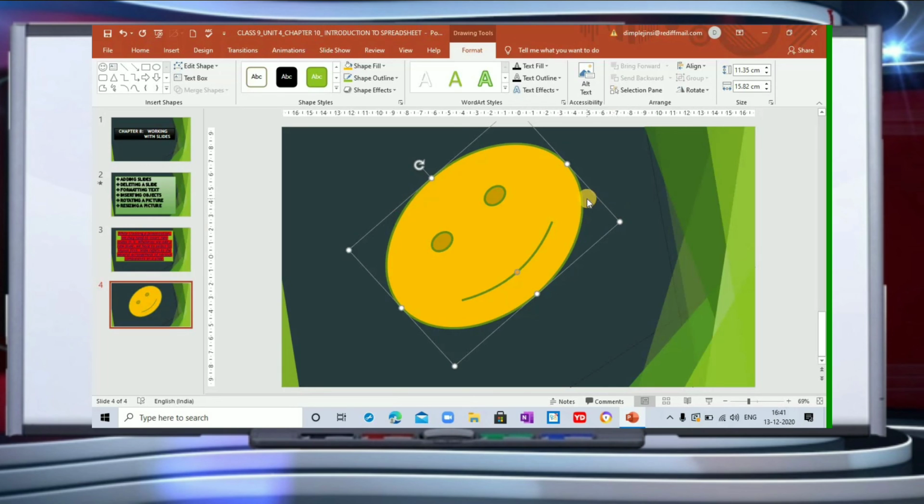So I hope whatever I have told you, you have understood that. Even you have done it in AIS also, and you have made beautiful pictures in PowerPoint presentation on the slides, and most of the children have shared those pictures with me. I'm sure everybody is going to practice and share their pictures with me.